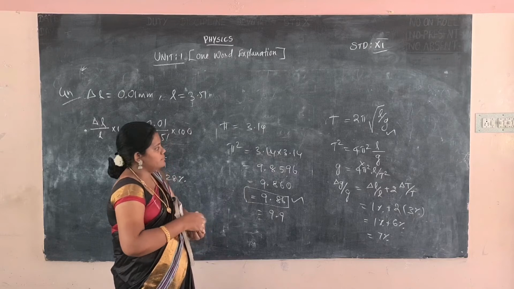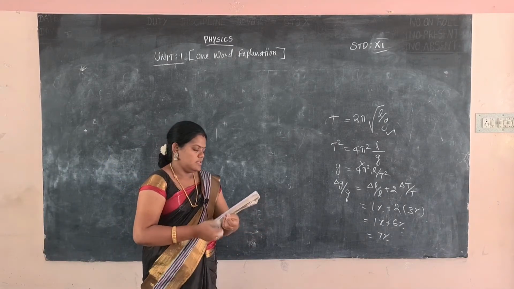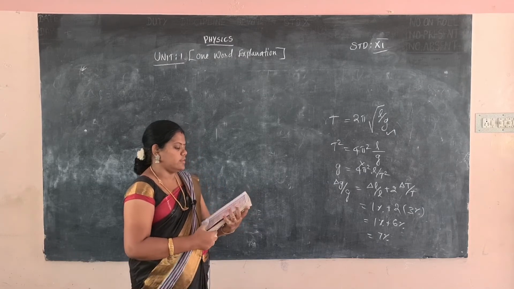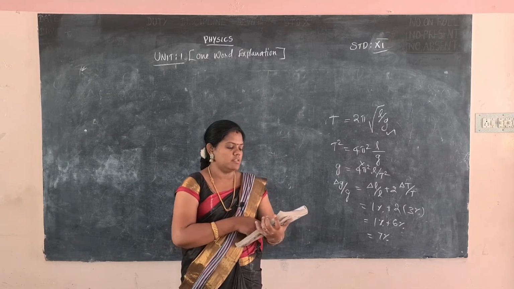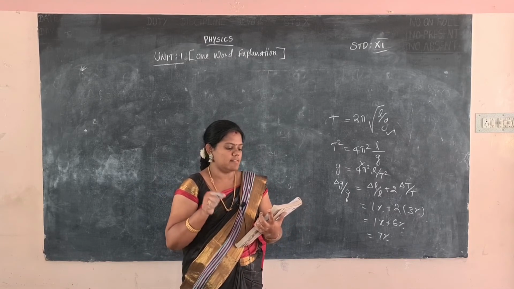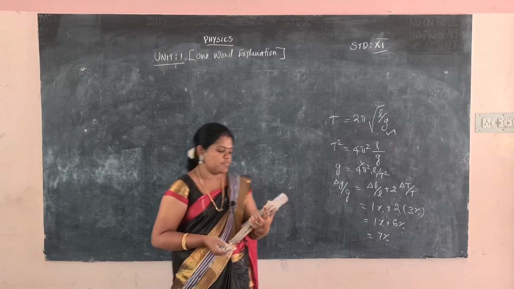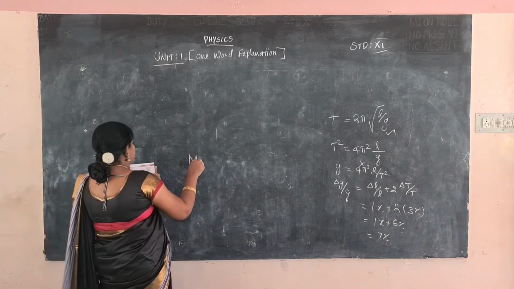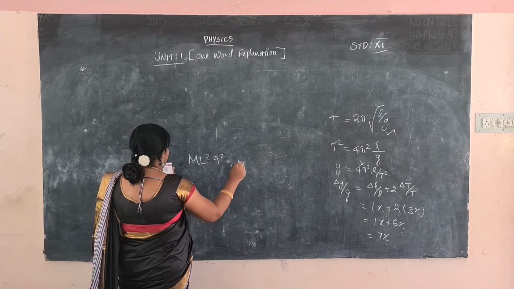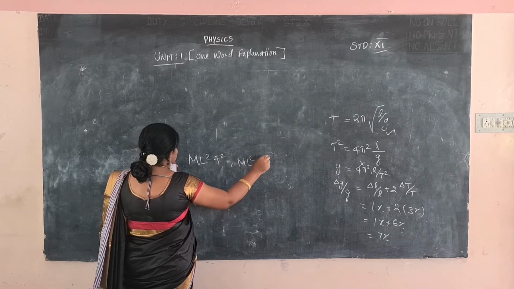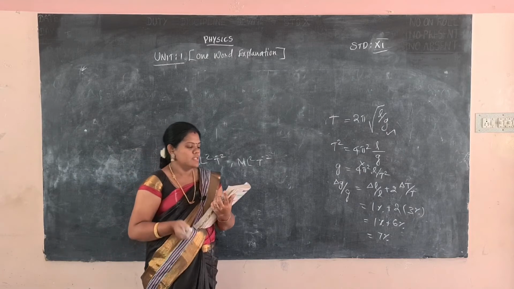Okay, then go for the next one. The 7th one: you have to know the dimensional formula for all the things. The 7th one answer is B, torque and energy, because torque has the dimension formula M L square T power minus 2, and energy also has M L square T power minus 2. So both the physical quantities have the same dimension. This is the answer for the 7th one.